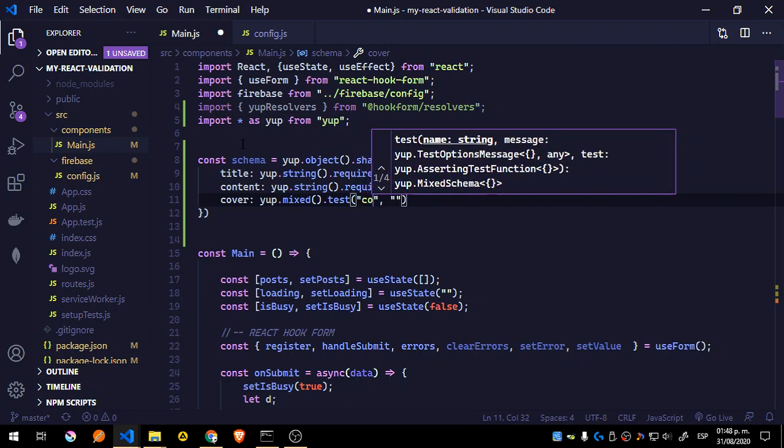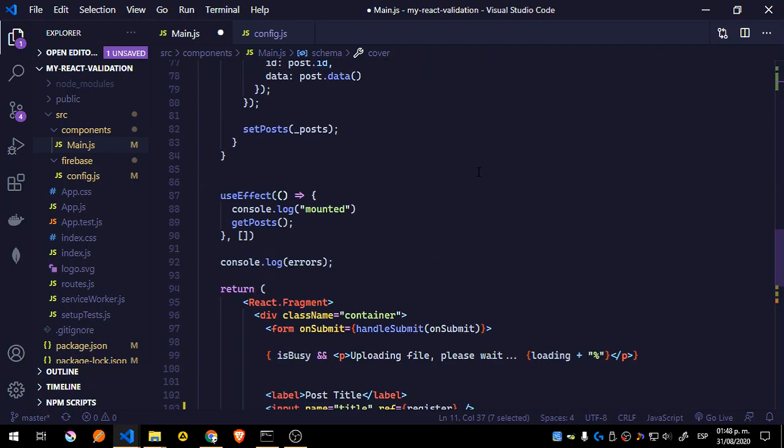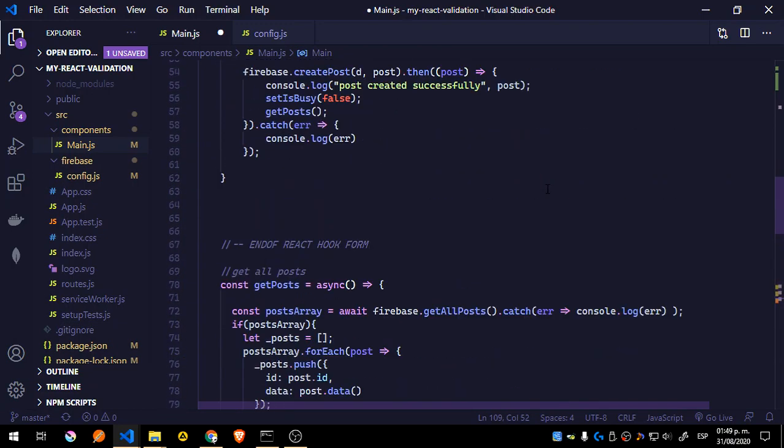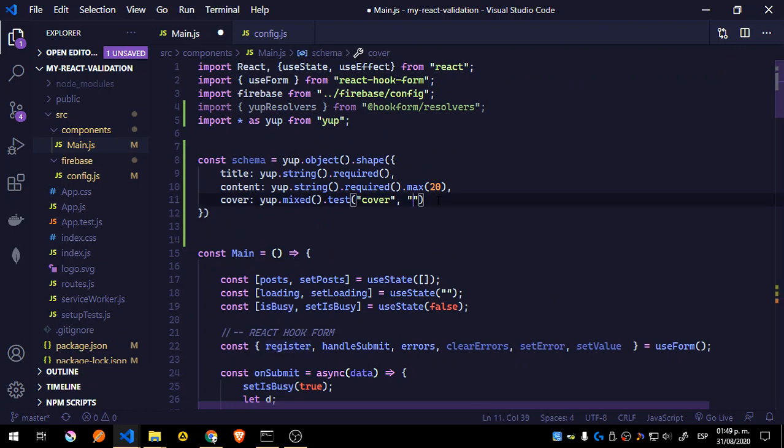So let's say cover, this is the name of the input, okay, but we are passing there. So let's just get down here and you can see the name cover. Remember, we have only the reference register on all those and everything should be the same. So we're going to test this in a little bit to see if we have any problem in the browser, so don't worry too much about that. The file is, no, the file must be